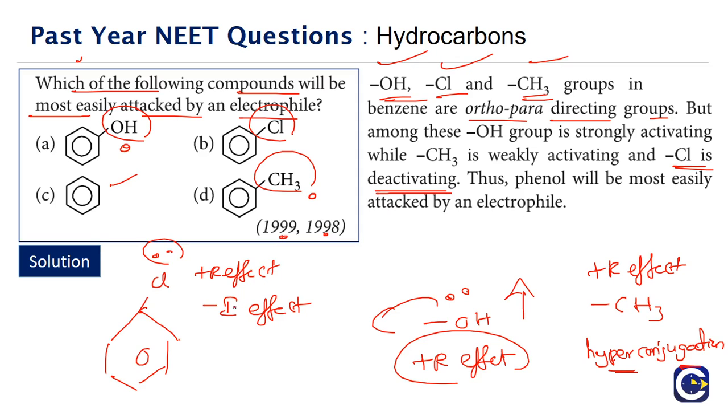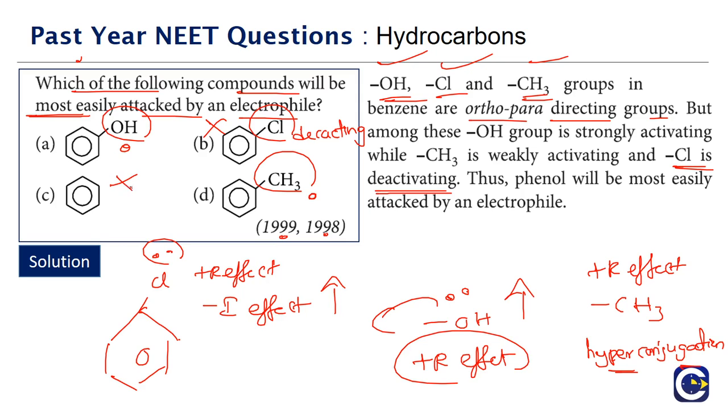Generally the resonance effect is more dominating than the inductive effect, but the exception is the halogens, where the inductive effect is more dominating. So chlorine, bromine, iodine or fluorine will still be ortho-para directing, but since the minus I effect of the halogens is more prominent, they will net deactivate the ring. Here we are looking at in which case the most easy electrophilic substitution happens. It will not happen easily when the ring is deactivated. So in chlorobenzene the ring is getting deactivated, so it is not this case.